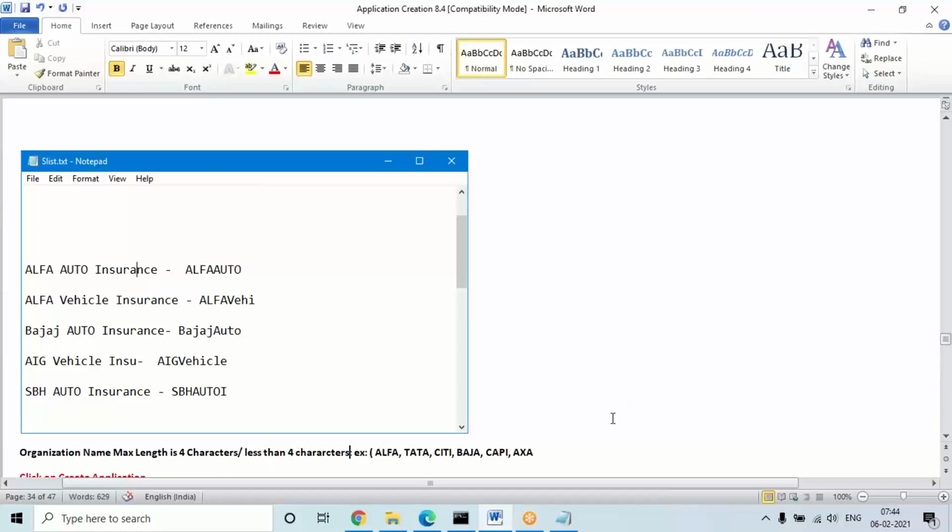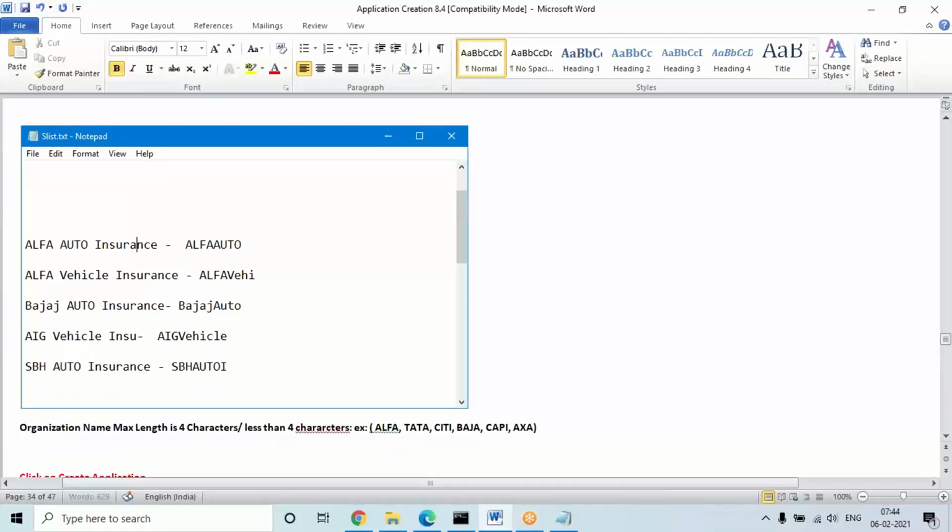Coming to application names, we can also call it the division name. What a division name is, you'll understand more in the Monday session. For the application or division name, the minimum length is 8 characters and the maximum length is 10 characters. First of all, understand this statement so that you know it will automatically do the truncation in the backend.